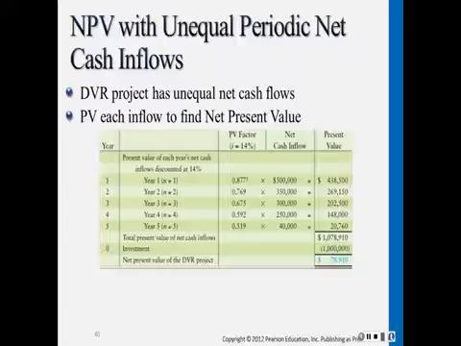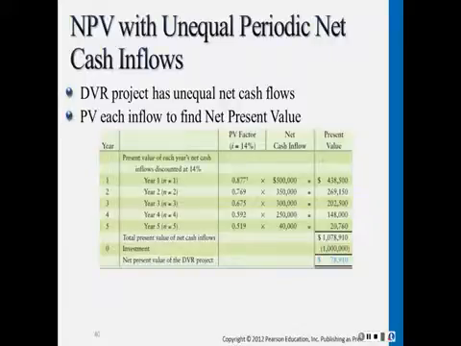Because these amounts vary by year, Greg's Tunes managers cannot use the annuity table to compute the present value of the DVR project. They must compute the present value of each individual year's net cash inflow separately, as separate lump sums received in different years. Using the present value table of $1, Appendix B, Table B1,